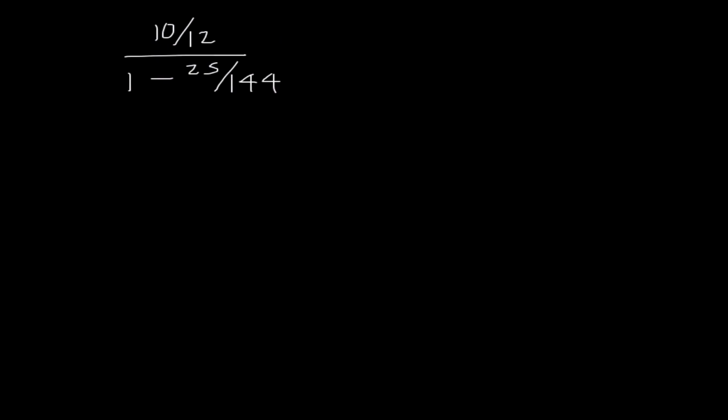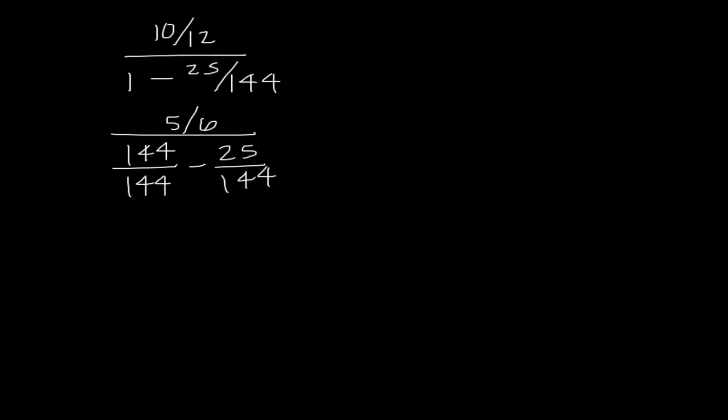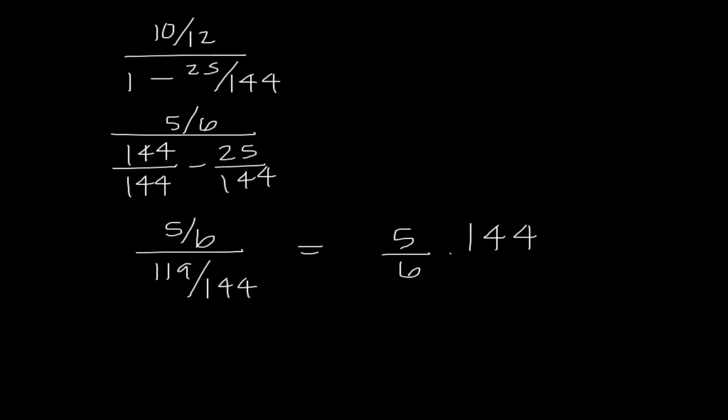Okay, so I'm going to rewrite 10 over 12 as 5 over 6. And since I need a common denominator, I'm going to do 144 over 144 minus 25 over 144. So this becomes 5 over 6 over 119 over 144. So I need to go ahead and I'm going to multiply by the reciprocal. So I have 5 over 6 times 144 over 119. And I just put this into my calculator and did math frac, and I got 120 over 119